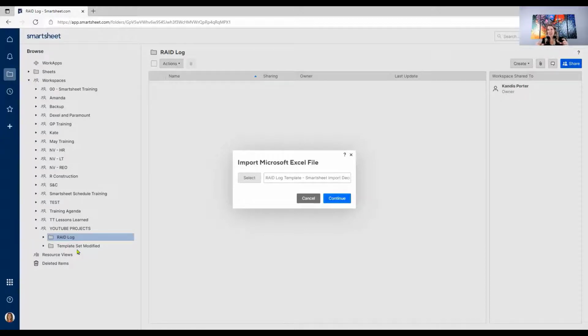So the RAID log template that I have previously shared, it's got several different tabs. It stands for risk, actions, issues, and decisions. I would save each of those as a separate file for importing into Smartsheet. So I'm going to select one that I saved with only the decision tab on it, selecting it now,